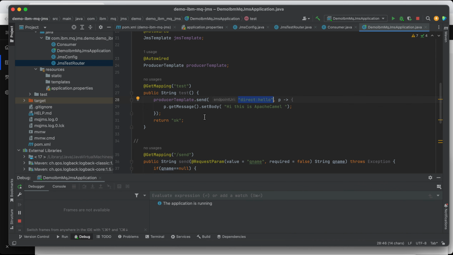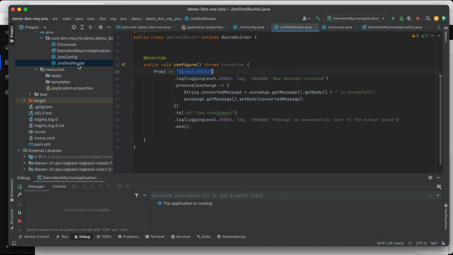Once we trigger this endpoint, the producer template will send the message to this Apache endpoint, and redirect whatever message we send to JMS. We do that using this router configuration. We send to this endpoint, and then it will process. After processing, it will redirect to this JMS queue name.